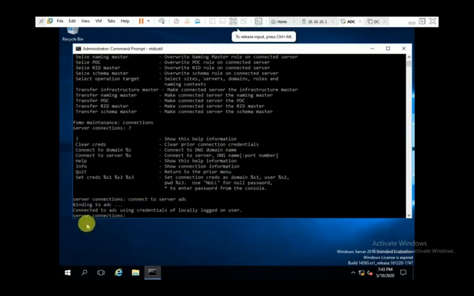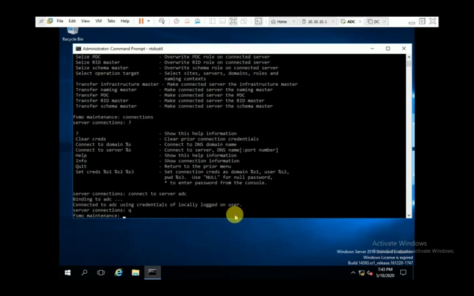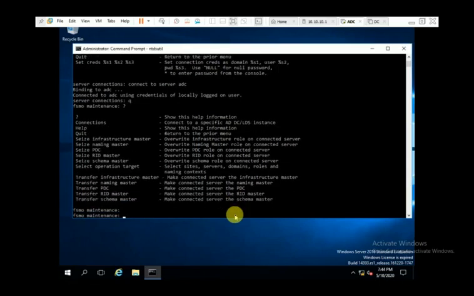So you can see here, connected to ADC using credential of locally logged on user. Now just quit from connections privilege and you can take help here. You can see here seize infrastructure master, seize naming master. So now what you have to do, you just have to select